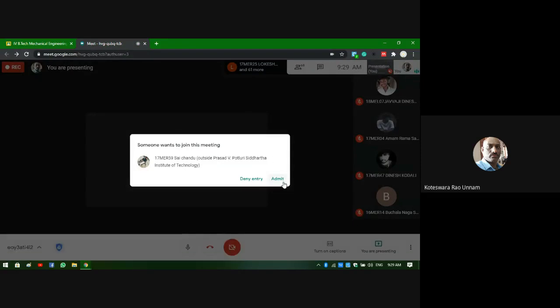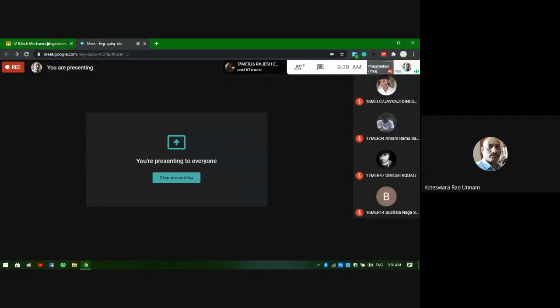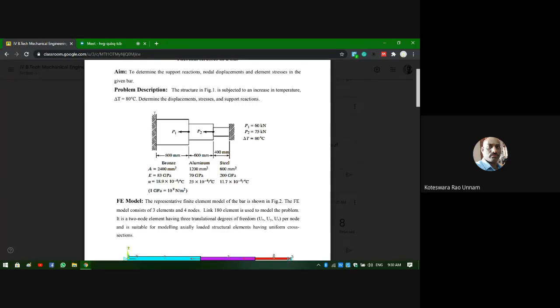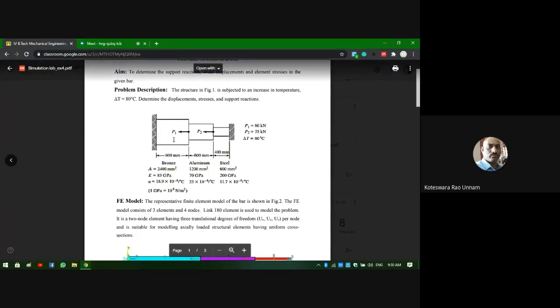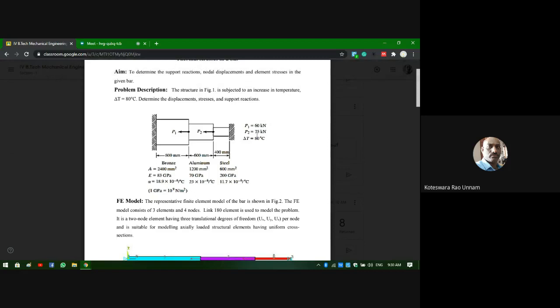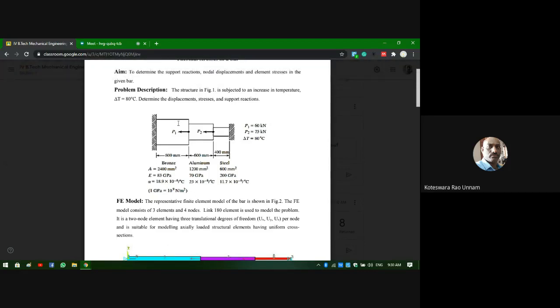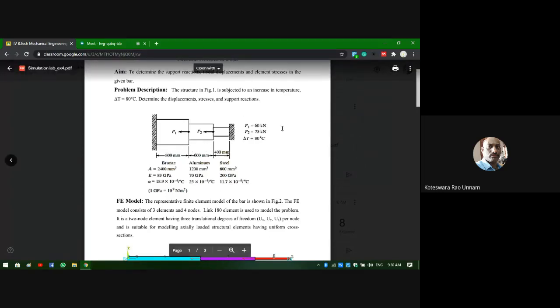Anyway, you might have already studied all these things in your mechanics of materials or strength of materials course. That's why I'm not providing that solution. If it is there, I can provide it, but as of now a ready-made solution is not available with me. I've also taken this problem from your FEM textbook, the Chandrupatla exercise problem. So that's why I don't have a ready-made mechanics of materials solution. It is not a difficult thing. I just explained how to solve this, so you can do it and record that analytical solution's results also.